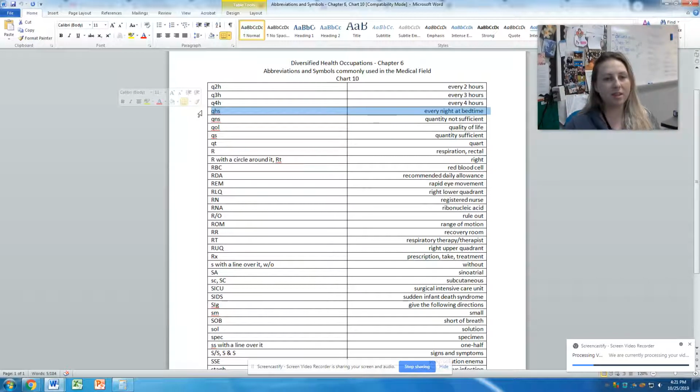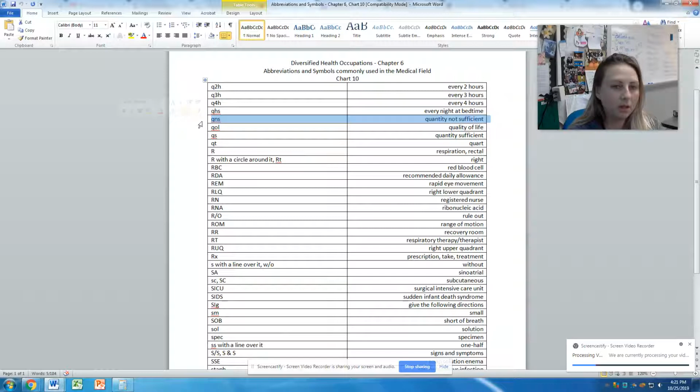So I think this is like every hour of sleep, right? The hour that you go to sleep, that's at bedtime, right? So I always think of S for sleep. Okay. All right. QNS. So this is quantity not